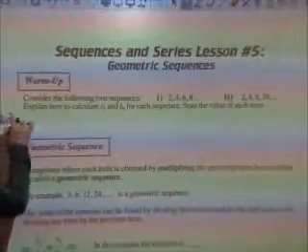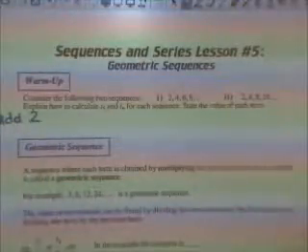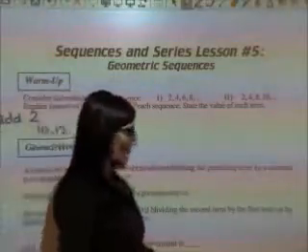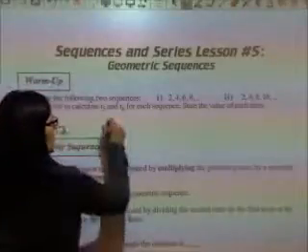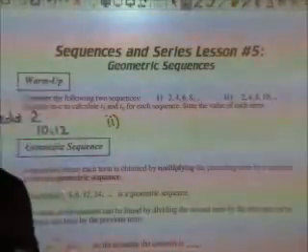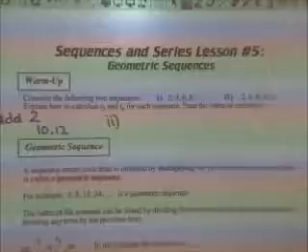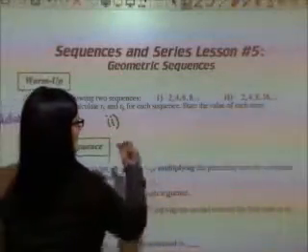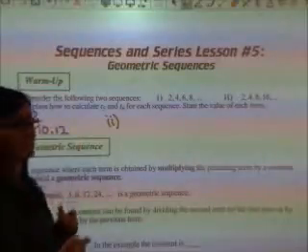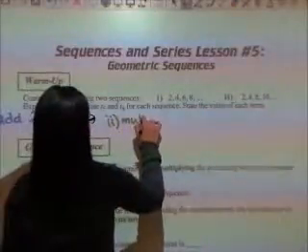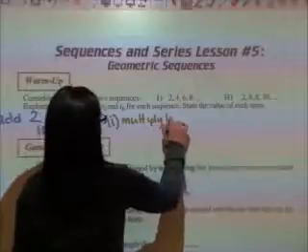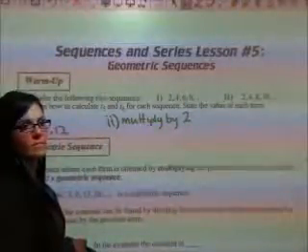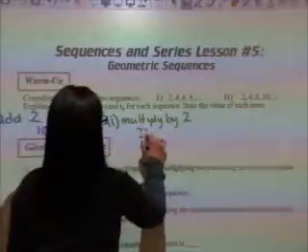So what would the next two terms be? 10 and 12. Okay. If I look at the second sequence, 2, 4, 8, 16, how would I find the next two terms? By doubling, which would be the same as multiplying by 2. So the next two terms would be,